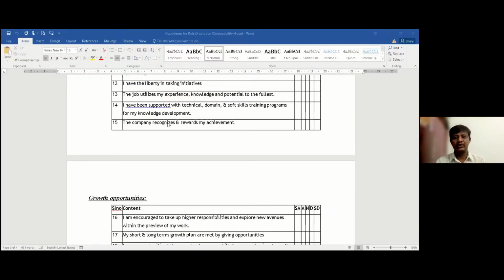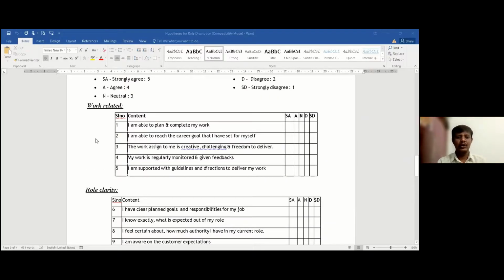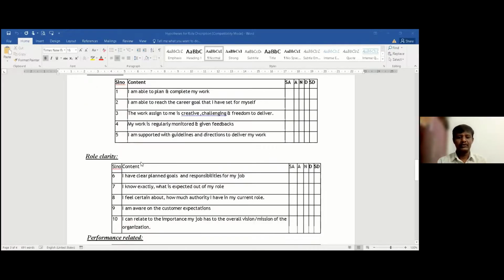Now what we need to do is combine all these 5 statements into one variable. The reason is all these 5 statements denote one particular variable called work related. To study these work related factors only, we have coined all these different statements. To study the role clarity related concept, we have coined the second 5 statements.